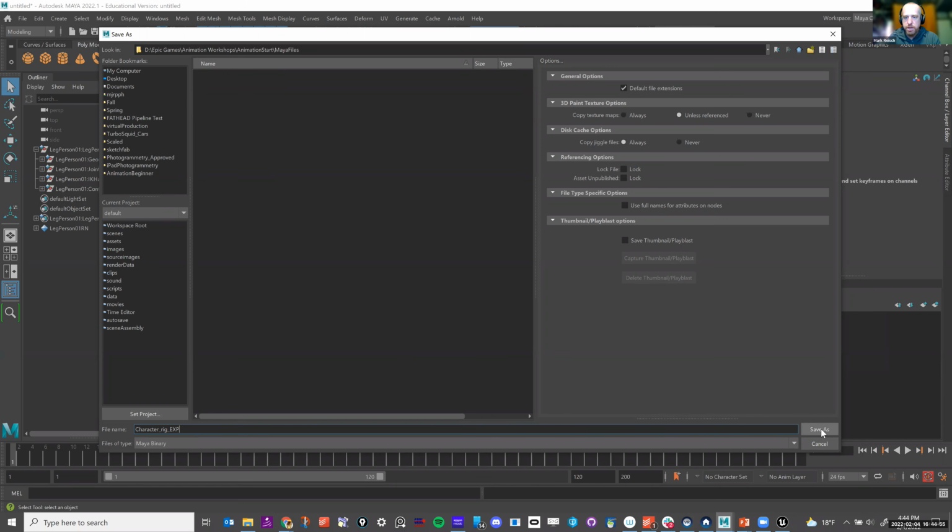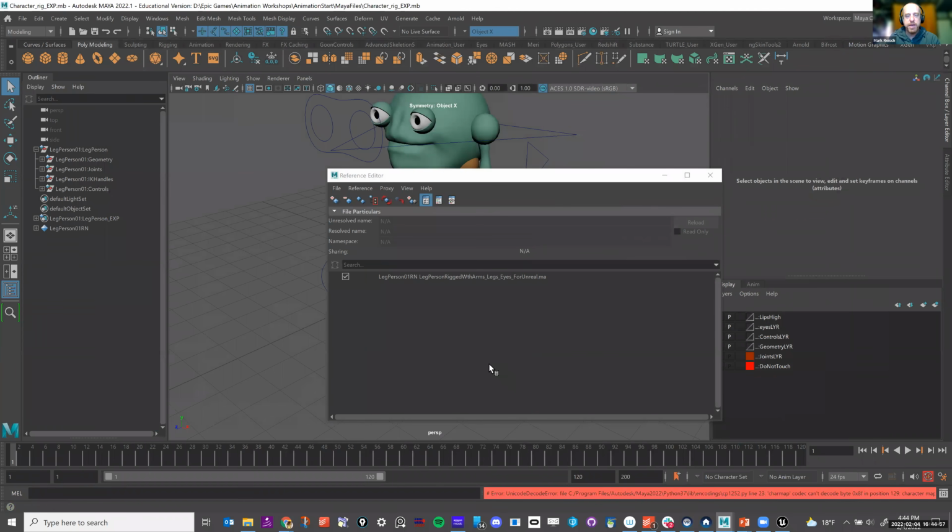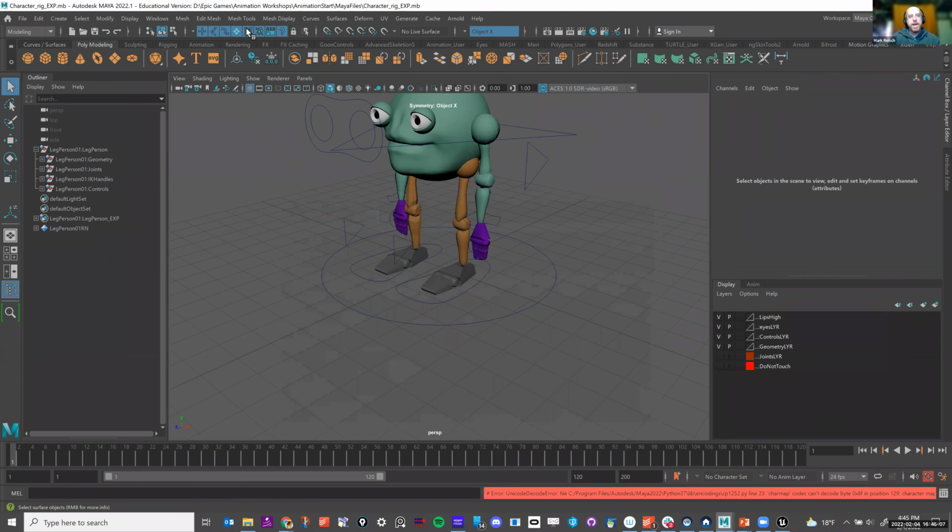And yep, that's what I'm going to do. I'm just going to save that. Now I'm getting a message because there's some Python script that is not happy with me for some reason, but okay. So now what I have is a character rig file.